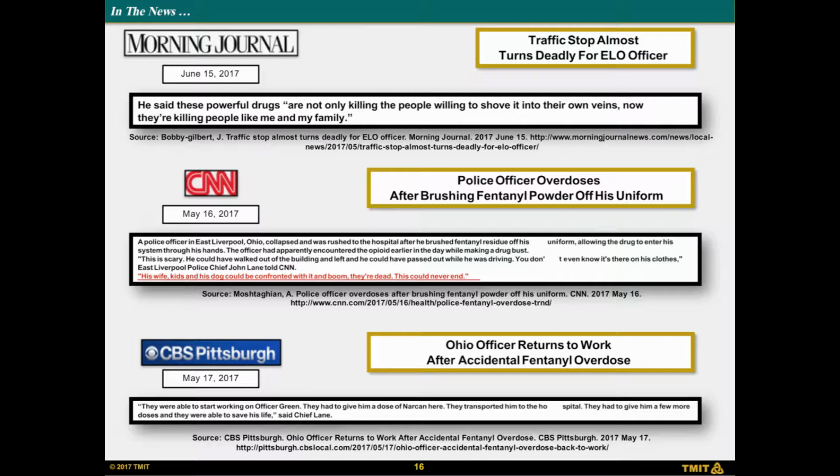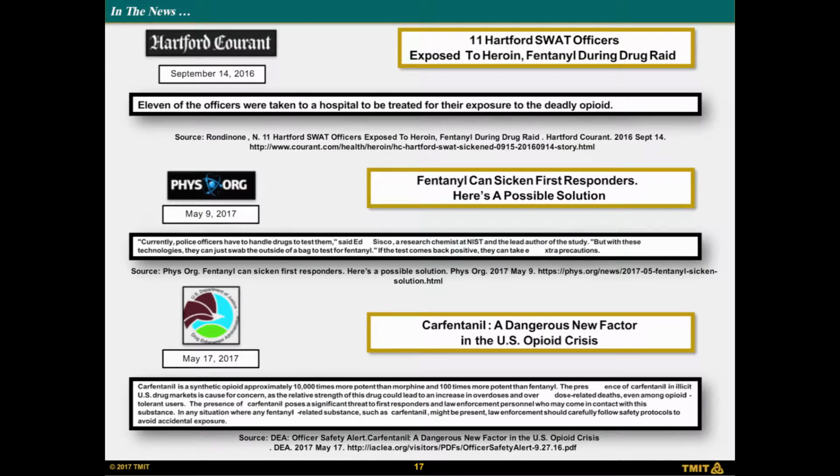But this is so potent that even police officers involved in an overdose scene or a drug bust who are exposed just to the powder of fentanyl or carfentanil have had respiratory depression and, in fact, have had to be treated for this problem. We'll have Dr. Boats mention this in the reactor portion. So we've given you a number of slides here. This is a national crisis with no seemingly end in sight.